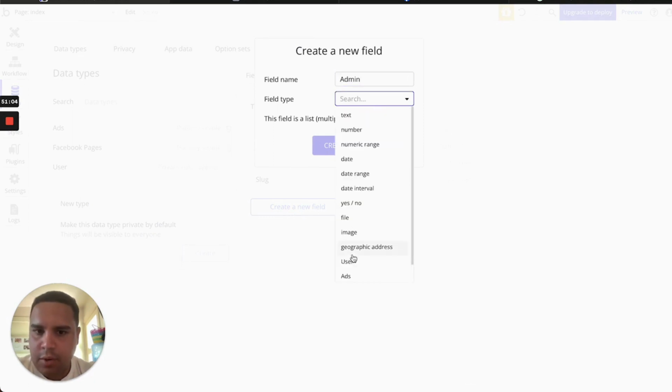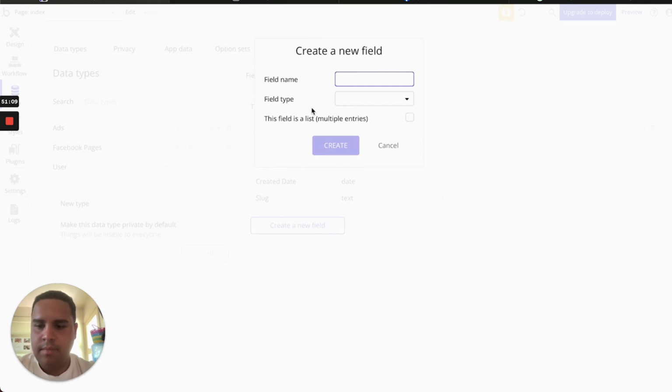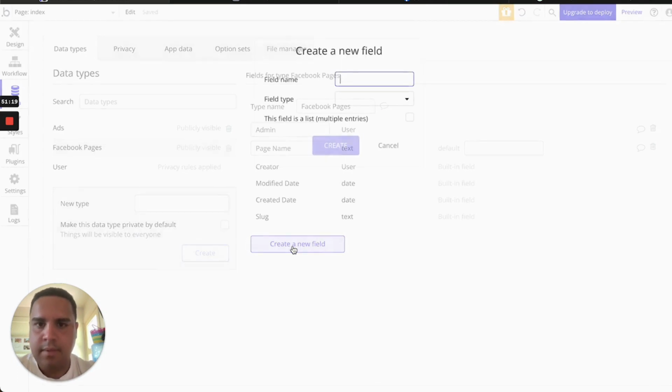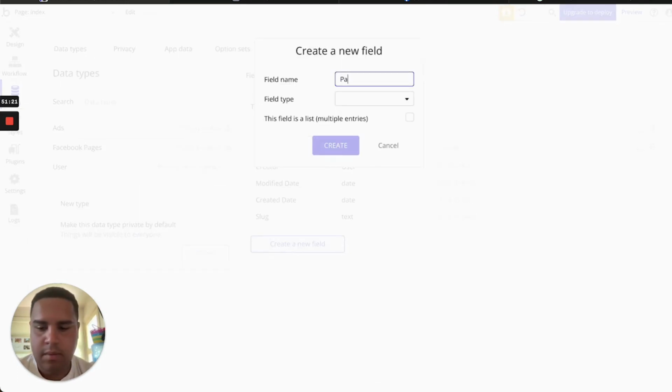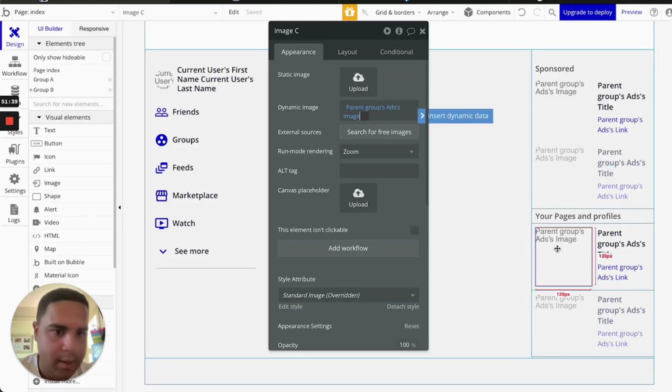The admin is going to be a user, so typically you have one admin. So page name, it's going to be test, and page description, it's going to be test again, and page icon is going to be an image. So we got way more information than we actually needed, but